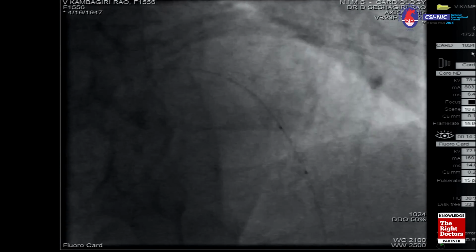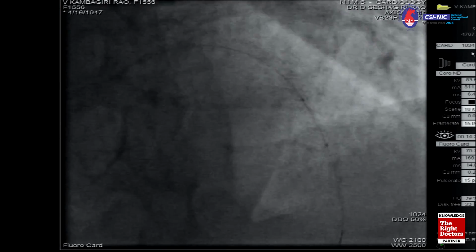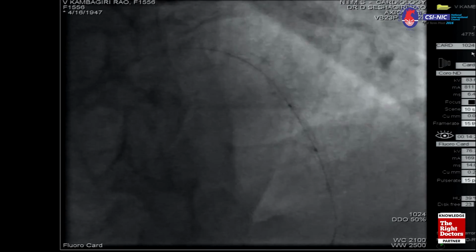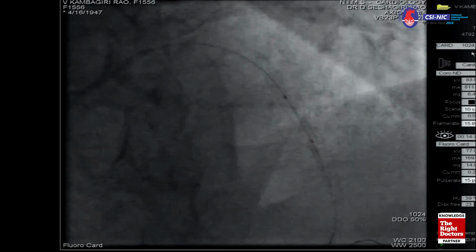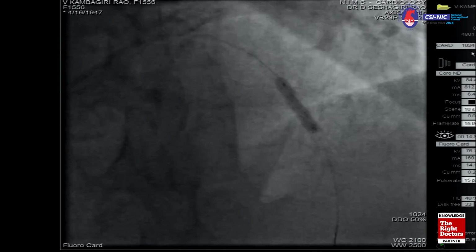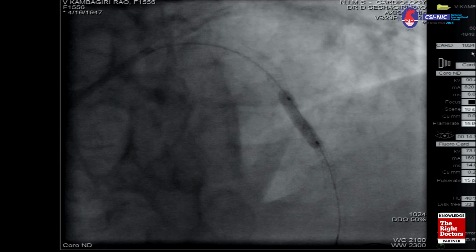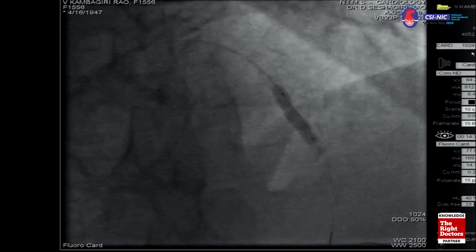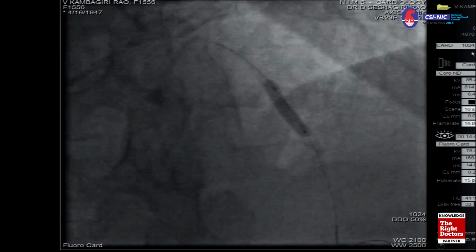Test. Test. It should be all right, no? Okay, good. That's enough. Also, in addition to pressure, give some time for the vessel to dilate. Don't deflate immediately. Just give at least 15, 30 seconds.